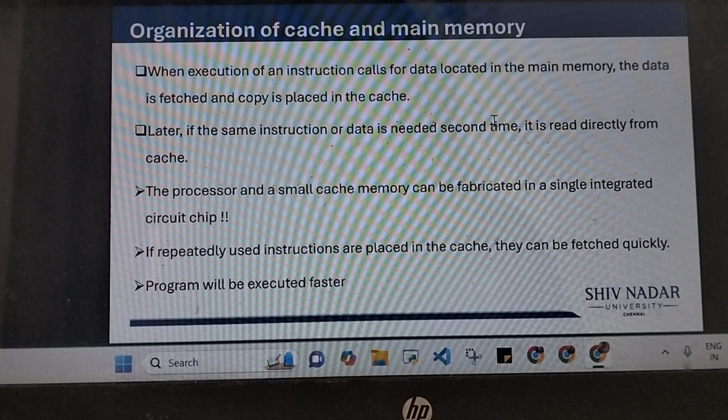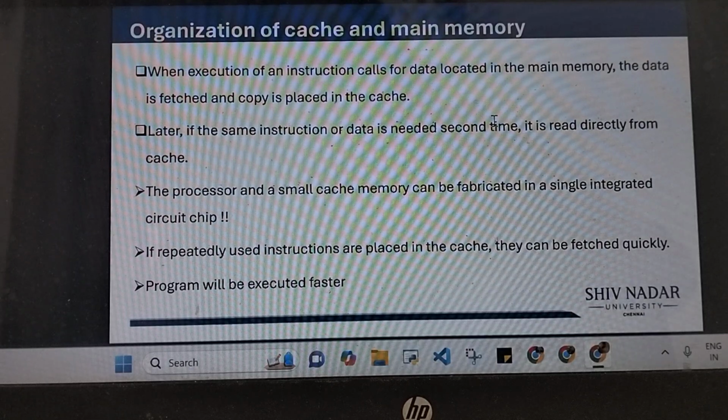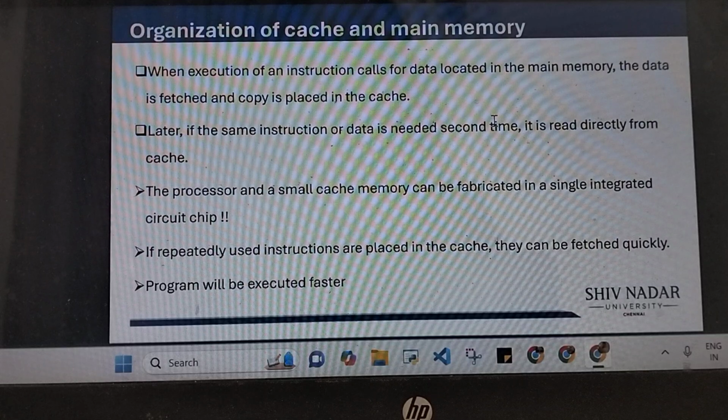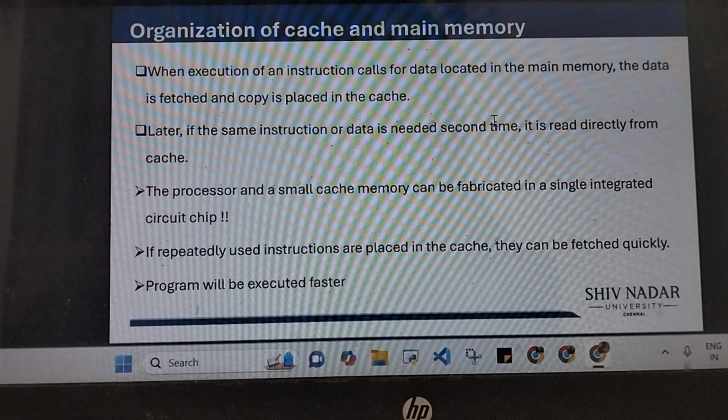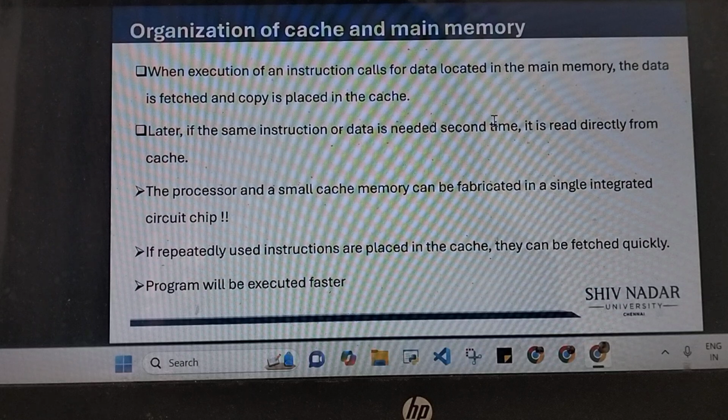So in this segment we are going to be looking at another aspect of memory, which is the cache memory. In the first series of lectures on this unit, I mentioned that there is a memory hierarchy in the computer, meaning your computer memory is divided into different levels. The first level is your registers, which are present inside the CPU, which is what we've been learning about all along. The second level is cache memory, which we will be learning about today. Then we have our primary memory or main memory or RAM, and then you have your secondary memory devices like your CD, pen drive, hard drive, and so on.